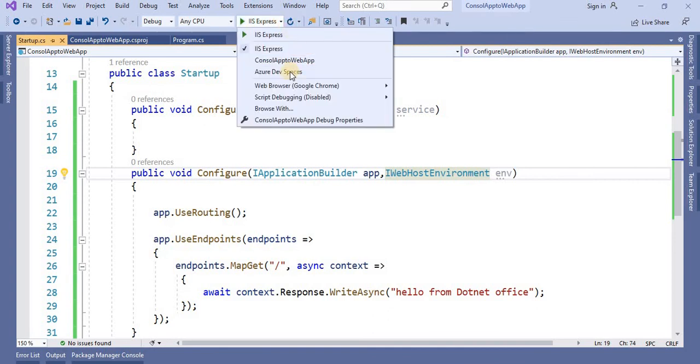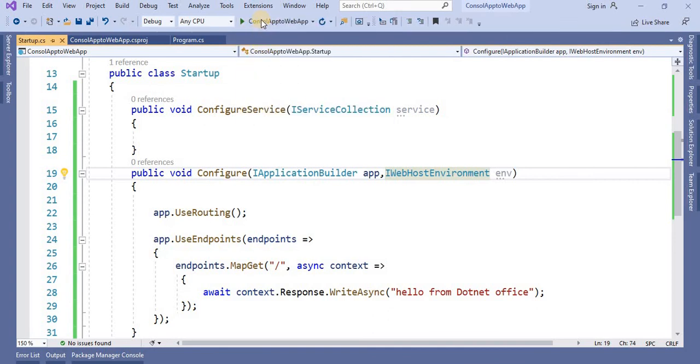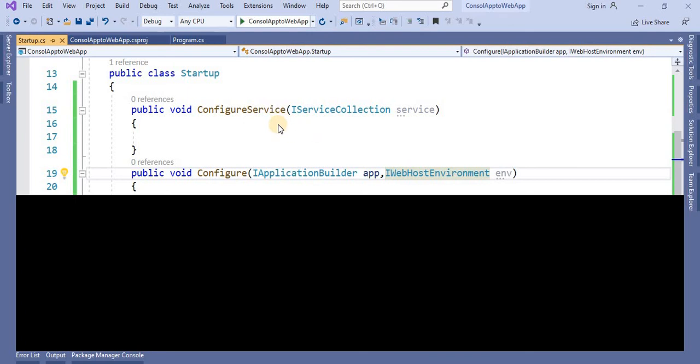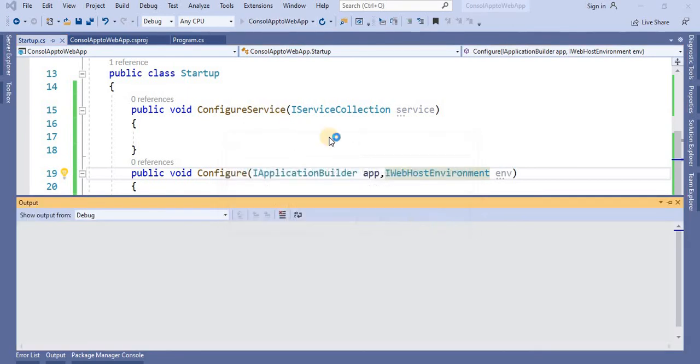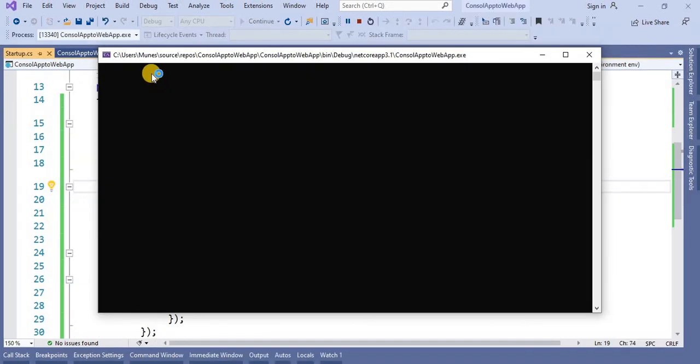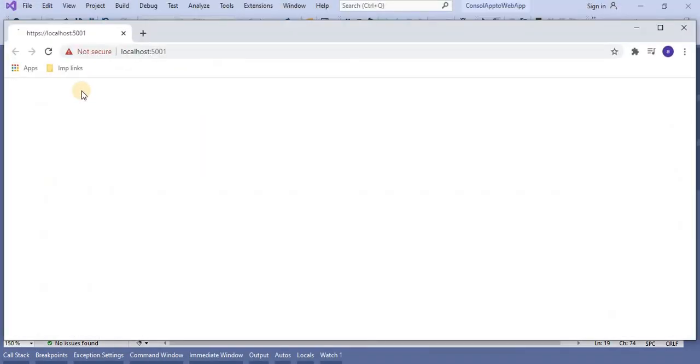Now I will run this as a console web application. If I run this application as a console, let's do it, and you see what it is showing here.